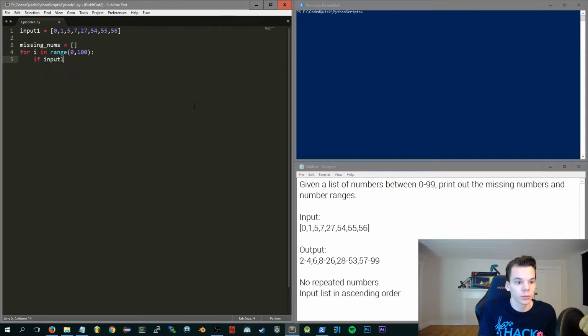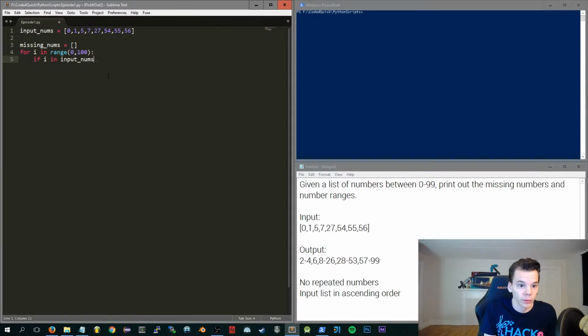Input 1, we'll start with that. I'm trying to think of the best way to test multiple. We'll just modify that. So let's just save input_nums is what we're going to call that. Okay, so if input_nums, and now I'm going off screen here to see if Python has a contains function. i in input_nums,